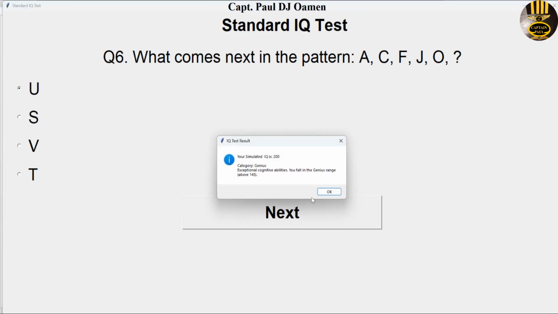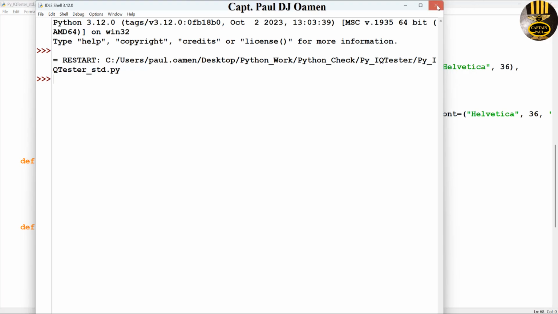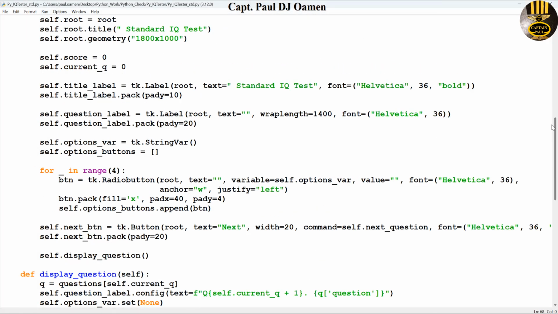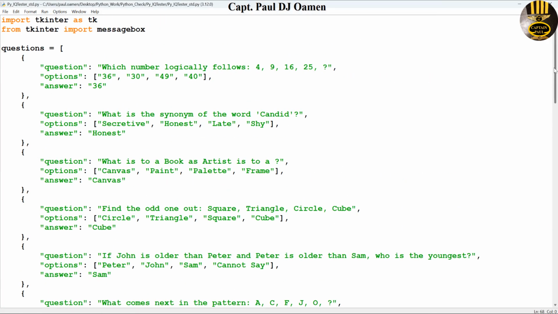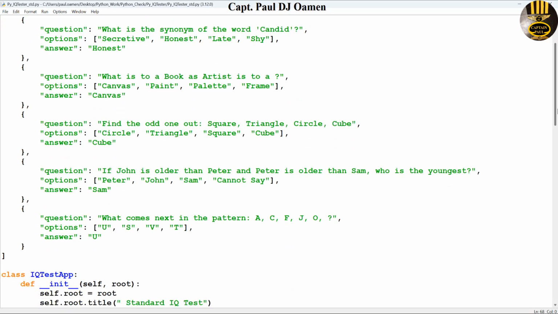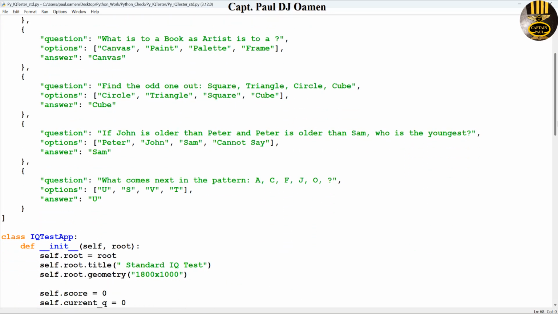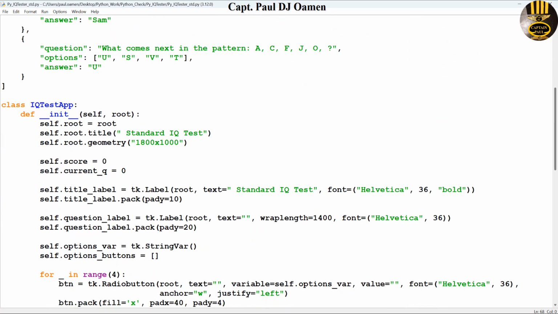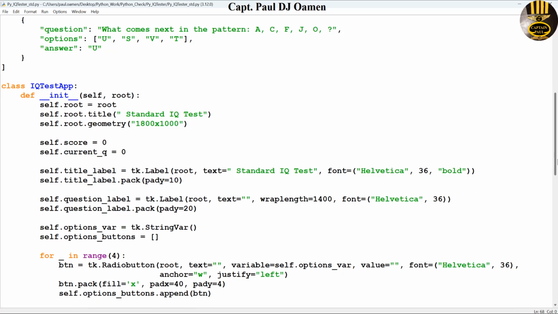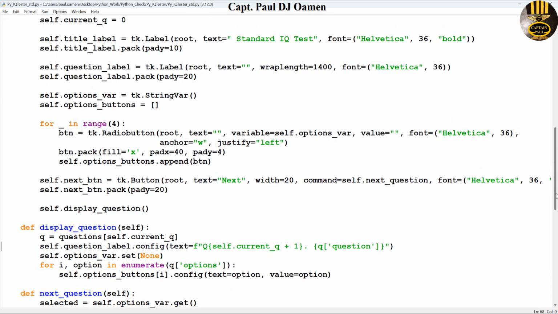So with that, guys, I'm going to call it the end of this tutorial. Well, before I leave, let me show you guys the questions again, or the layout for this program. Those are the questions, and this is where I declare my class within a for loop